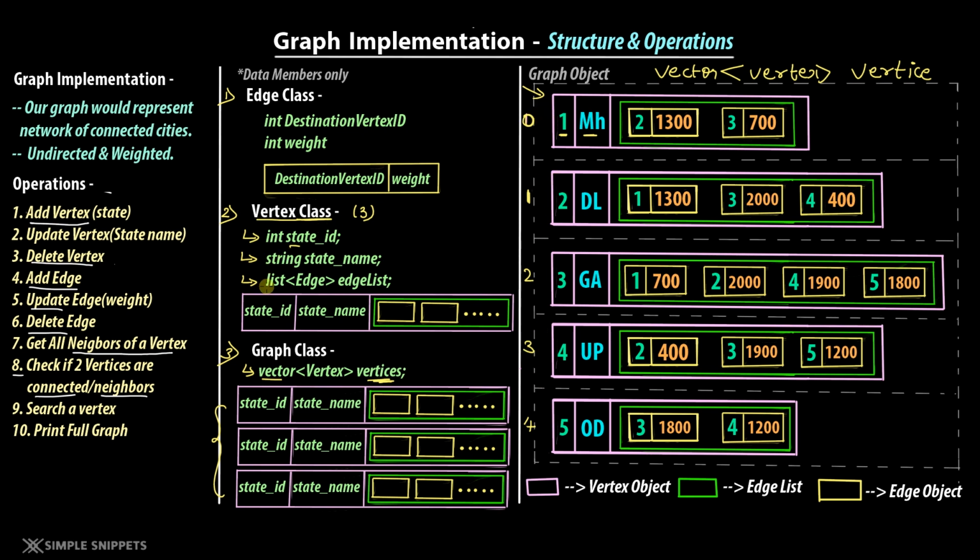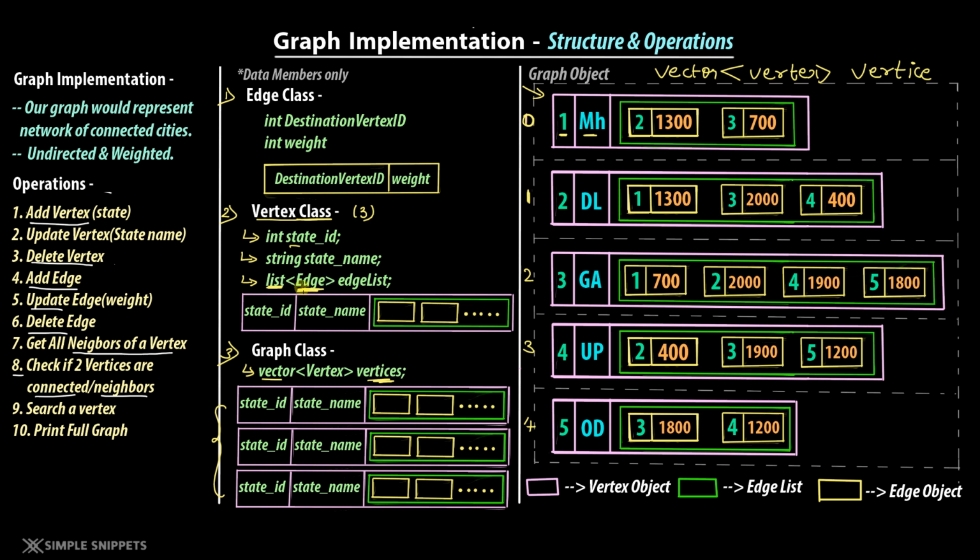Coming to the second STL container, that is the list, which is there inside a particular vertex object. This green thing is nothing but an edge list. So what is this edge list? Edge list is nothing but a list. What is a list? A list is something like a doubly linked list, correct? But what type of data is it storing? It is storing the type edge. Now these angular brackets, remember, I hope you've seen the video on templates. I have a separate video in the C++ playlist on templates.